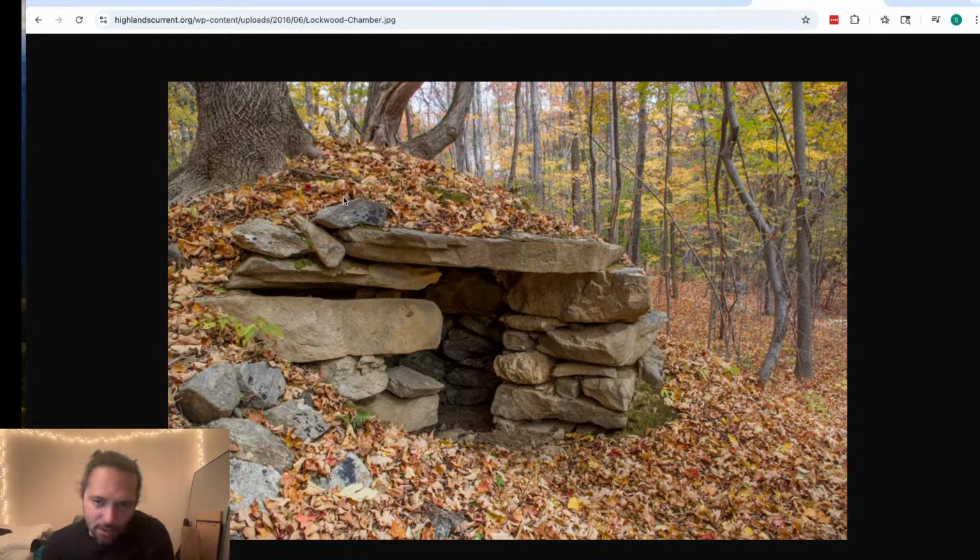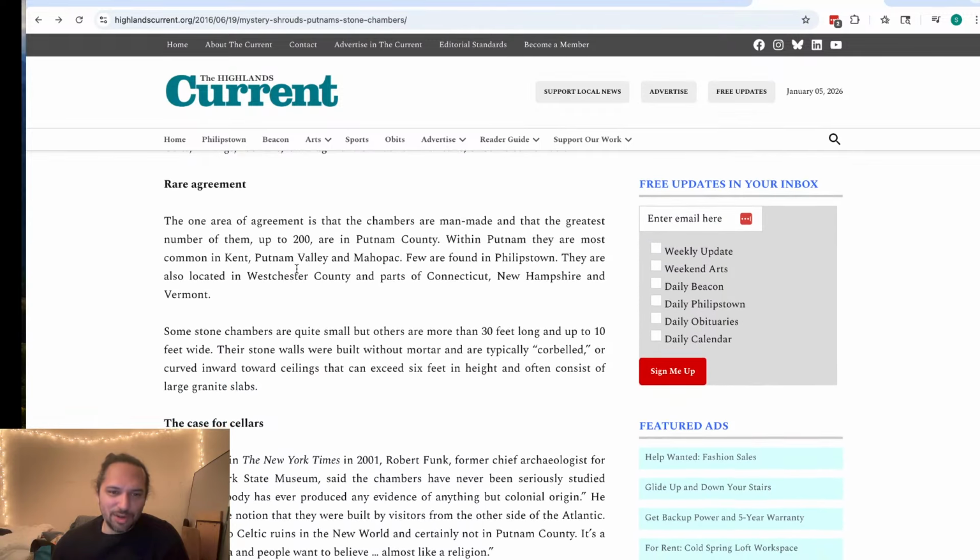The others strongly believe the structures had a religious or ceremonial purpose and are much older, constructed during pre-Columbian times by Celts, Vikings, Iberians, Carthaginians, or Native Americans. All right, definitely not Celts, Vikings, Iberians, or Carthaginians. That's awesome. Okay, the one area of agreement is the chambers are man-made, and that the greatest number of them,